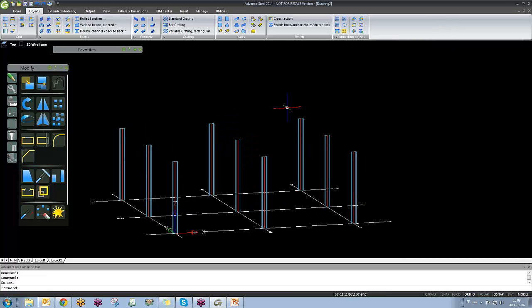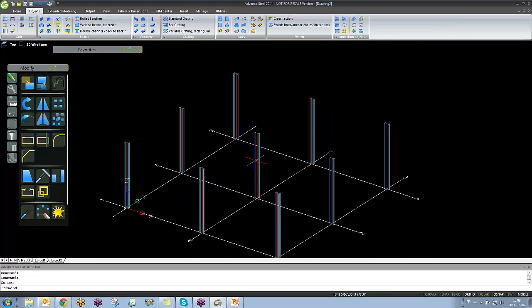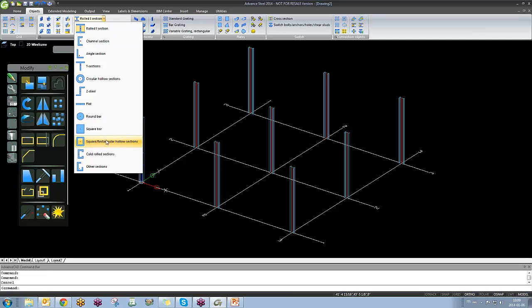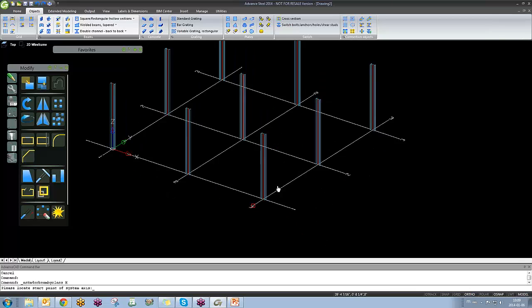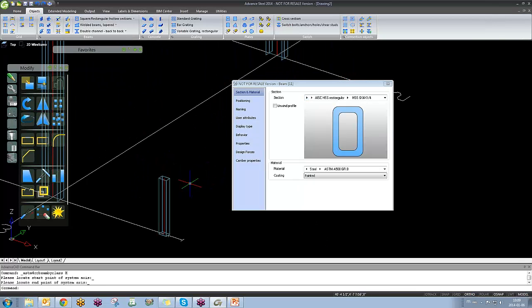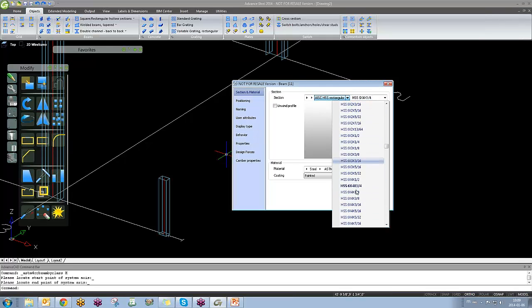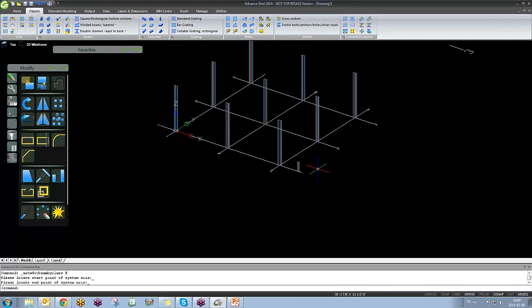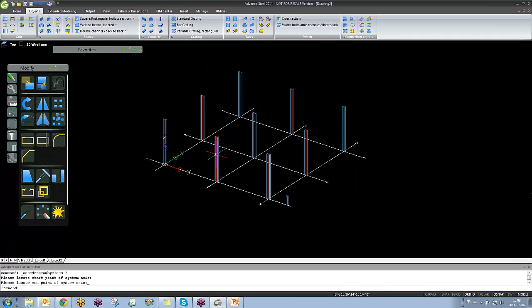So now I will put on some columns instead of beams. I can just go here, square, rectangle, hollow section, and put a square section here. Specify this one, yes, that will do the job. For example, I want to